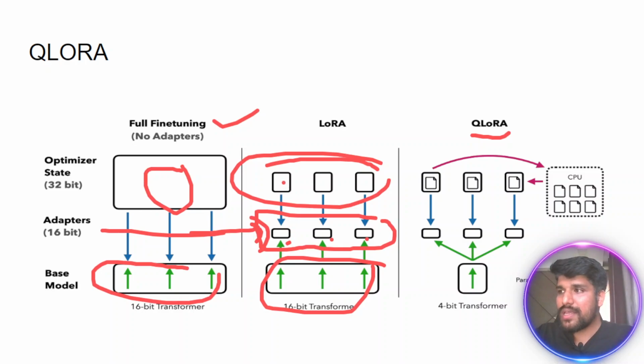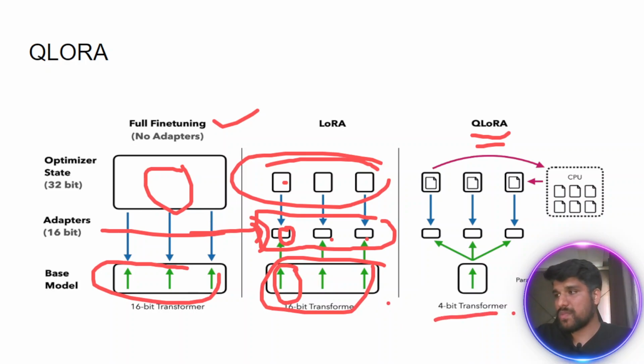We combine our 16-bit model with this new trainable adapter, and it gives the new model, right? In QLoRA, the same thing happens, but we are reducing the 16-bit model precision to